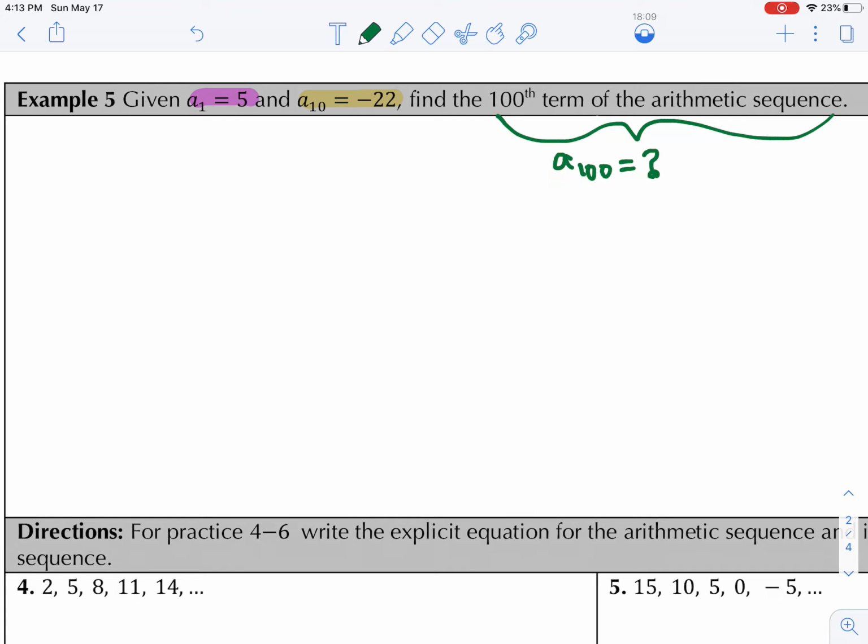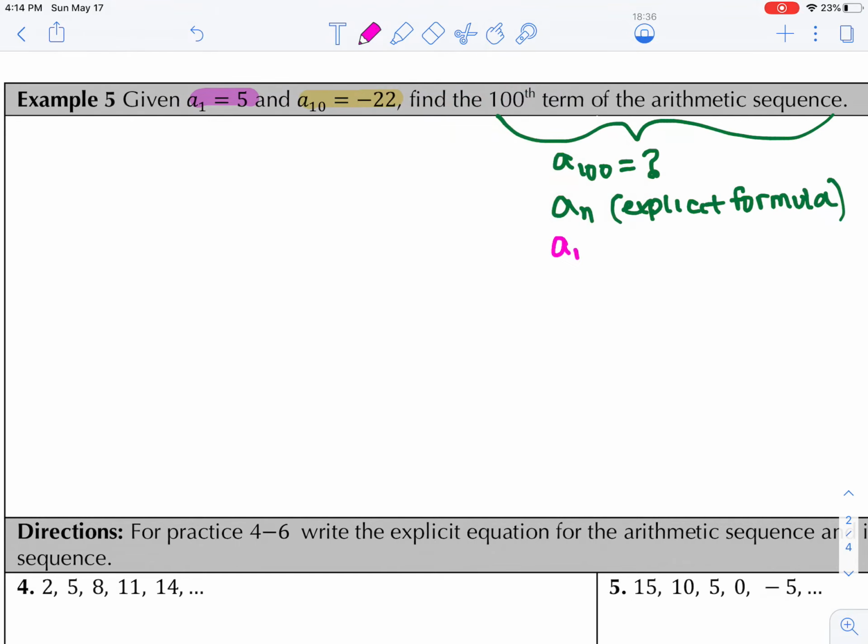Well, before we could just do that, we couldn't do that right away, right? We had to calculate a sub n. So we would need to find a sub n, our explicit formula, before we can find this 100th term. Okay, so in order to find the explicit formula, I'll remind you that we need to figure out what is